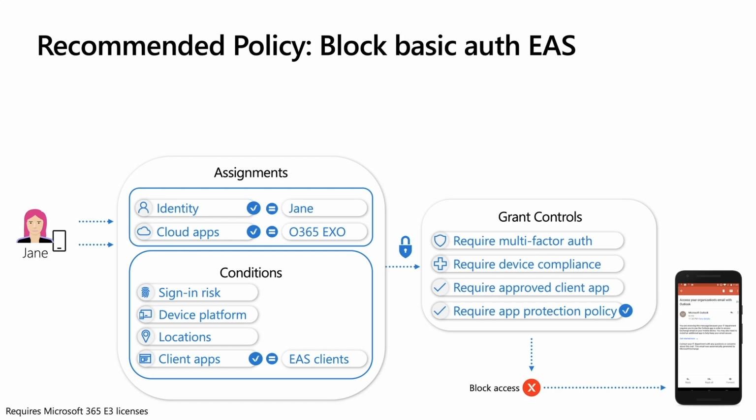So in the case of the Require App Protection Policy grant access control, we deliver a quarantine message that tells Jane that she needs to install Outlook. The other grant access controls can deliver different messages. For example, Require Multi-Factor Authentication would deliver a quarantine message that tells Jane she needs to use an app that